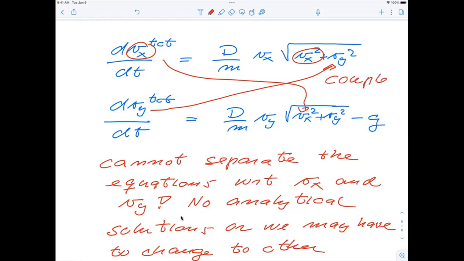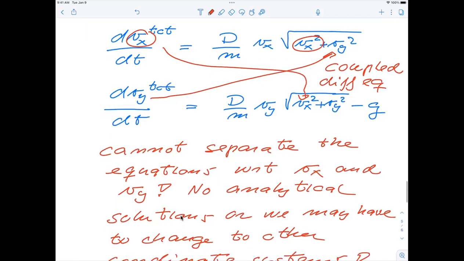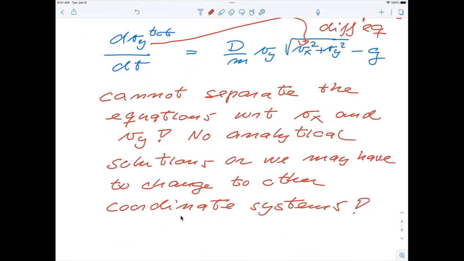So these are coupled because we cannot separate the two unknown variables. So coupled diff equation. Numerically, there is no problem at all. Numerically, we would just integrate. We would have an initial guess for v of x and v of y, and we would just keep integrating up. Now, I mention this because when we come to the studies of the Earth-Sun system, if we make a